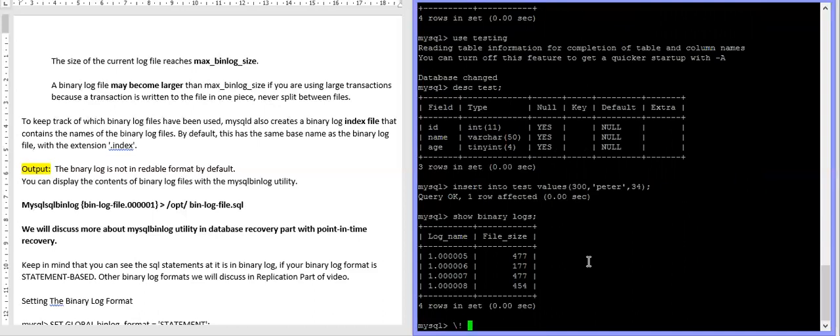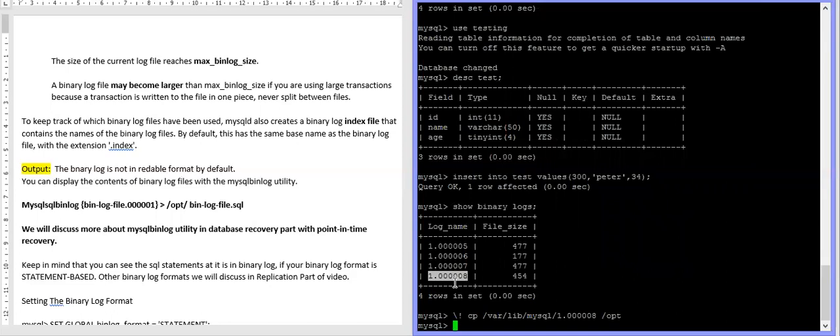For simplicity, I will copy this binary log file to some other location, /opt.